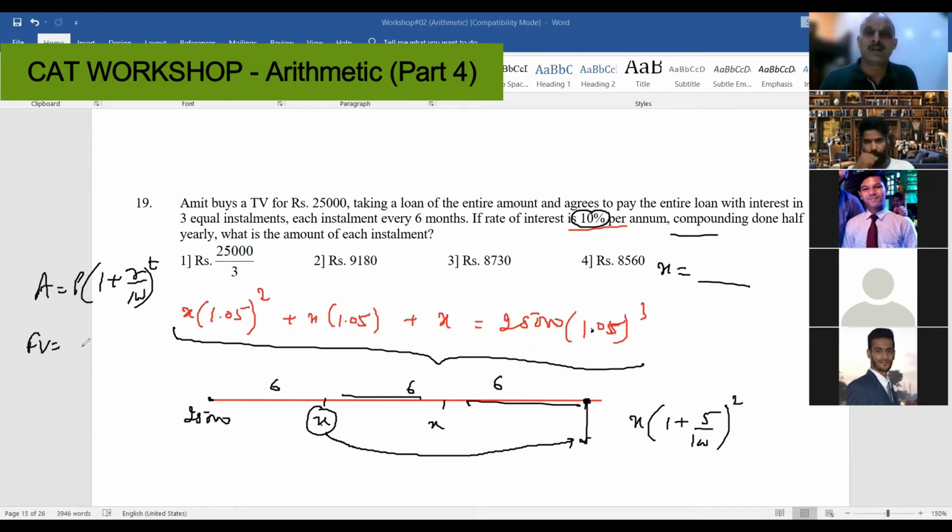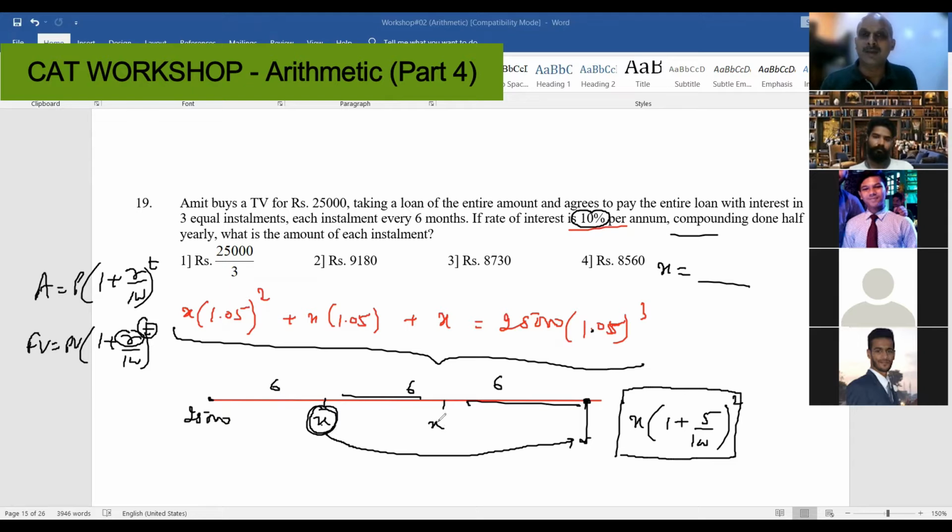So future value is also the same formula, present value into 1 plus r% to the power t. R is the rate of interest per compounding period and t is the number of compounding periods. So once you have made the first payment of x rupees, the future value of that x rupees after 2 more installment periods, means after 2 periods of 6 months each, will be this value. Yes sir.